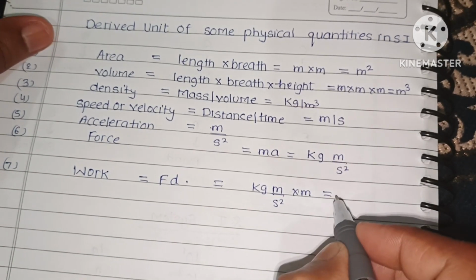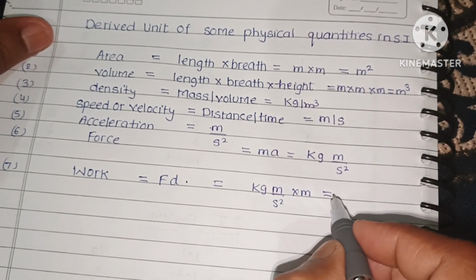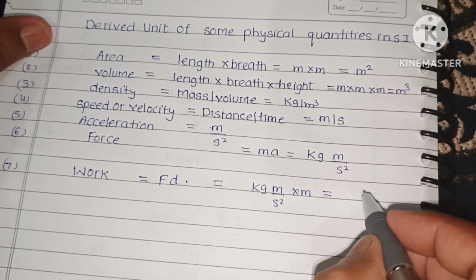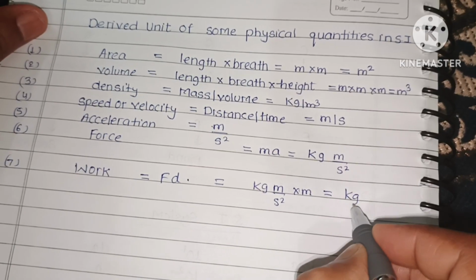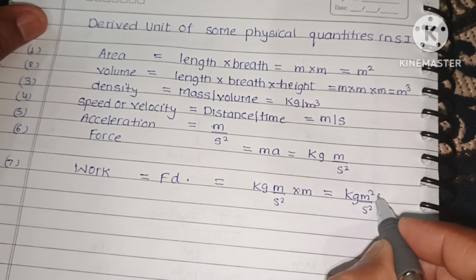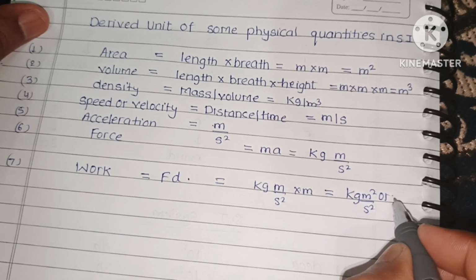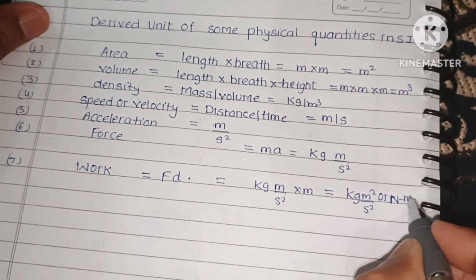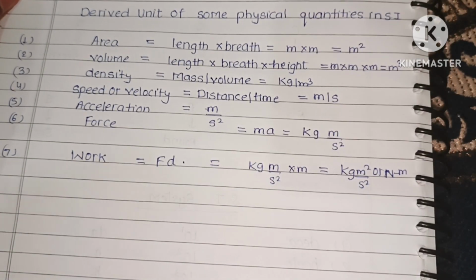So kg meter square per second square और न्यूटन मीटर, N into m, न्यूटन मीटर भी होता है, ठीक है।